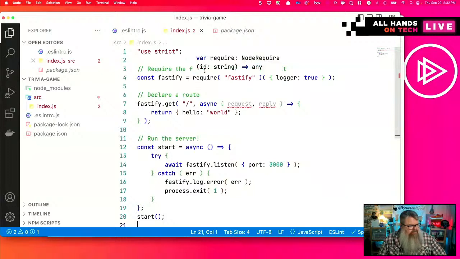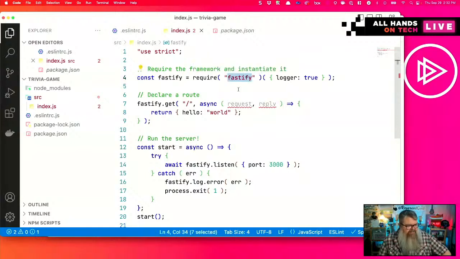And let's take a look at what this is doing. So first, we are requiring in the Fastify module, and there is a function on Fastify that we are calling, I assume to initialize that framework, and we're specifying that logger is true. So must be turning on the internal logging system for Fastify.